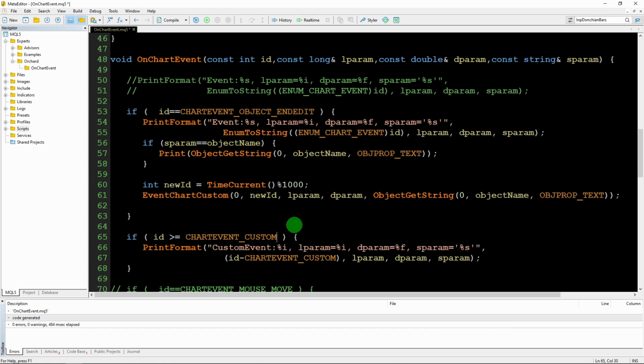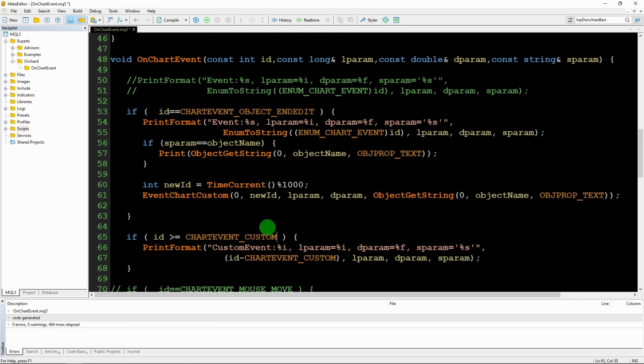I'm not bothering to test that, but to make this more accurate, I probably should have and ID is less than or equal to chart event underscore custom underscore last. But if ID is greater than or equal to chart event custom, then it means I have a custom event that I've received. I'm going to print format custom event %I because I can't use the enum to string here